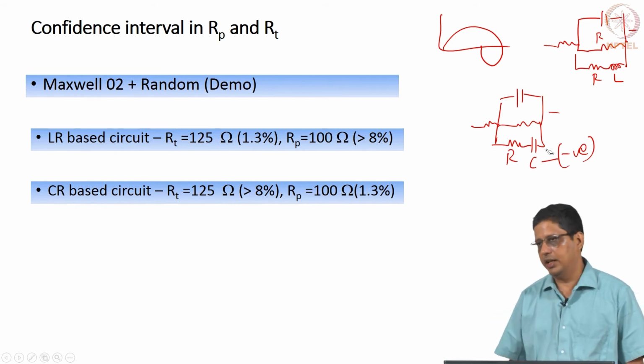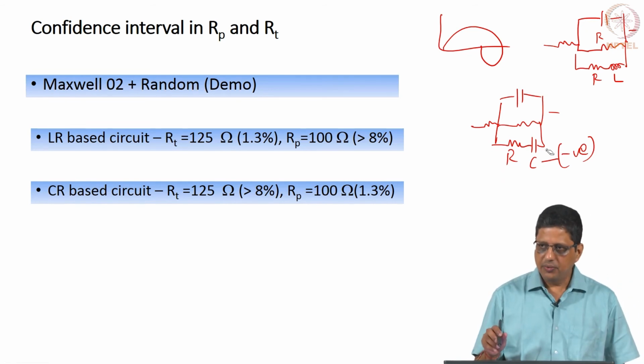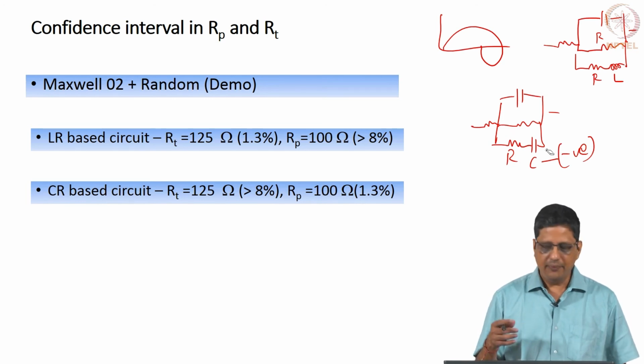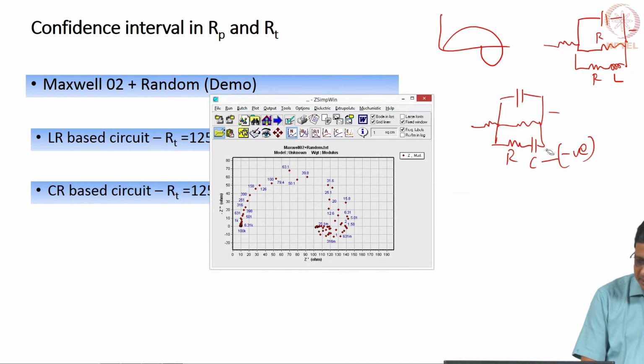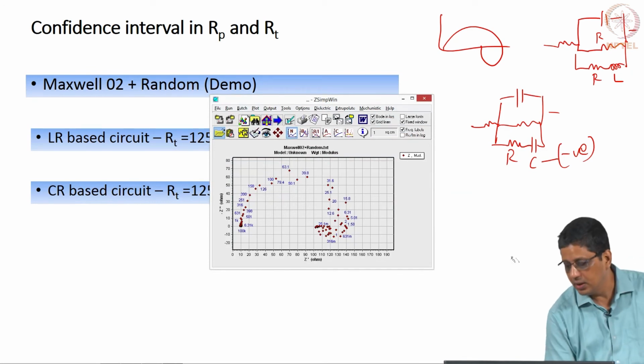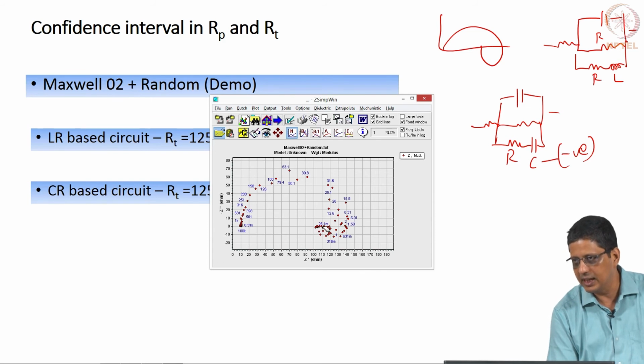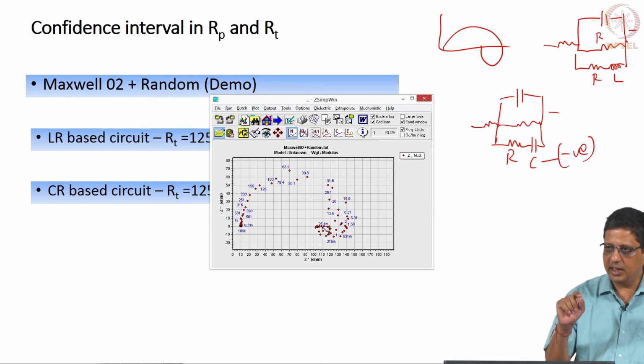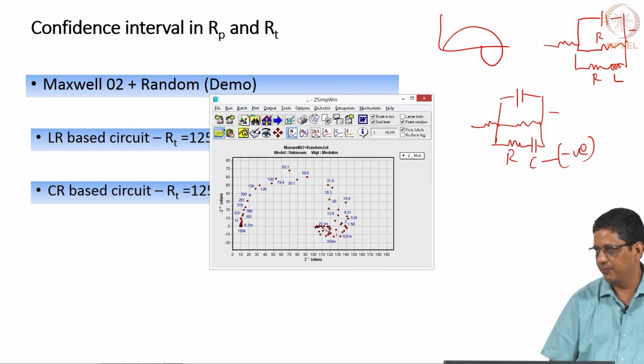Either case I can model it. What I have done now is to add some noise to that artificially. And then what happens when we fit it? This is the original data, which is supposed to sit nicely here. But if it sits very nicely because I have given artificial data, then the confidence interval in all parameters will tell me I have 100% confidence, or 0% standard deviation.